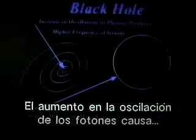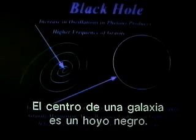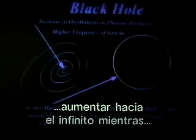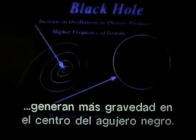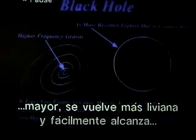An increase in oscillations of photons, light waves, causes an increase in magnetism gravity. At the center of a galaxy is a black hole, where the oscillations of electromagnetic waves per second grow towards the infinity of smaller and smaller orbiting photons and electromagnetic waves. The smaller and smaller orbiting photons are producing greater and greater increases in gravity at the center of the black hole. When any mass comes in contact with higher and higher frequency...